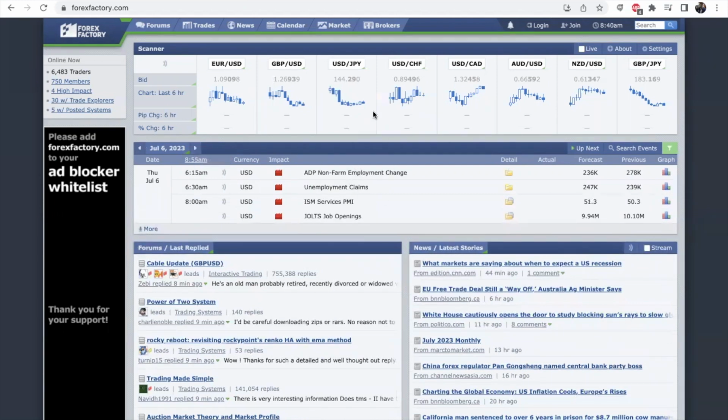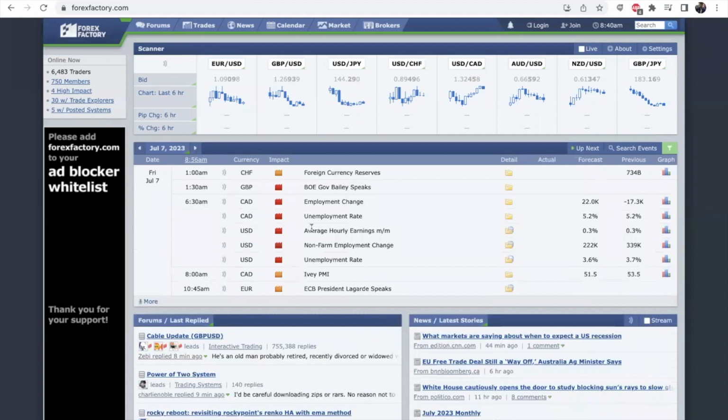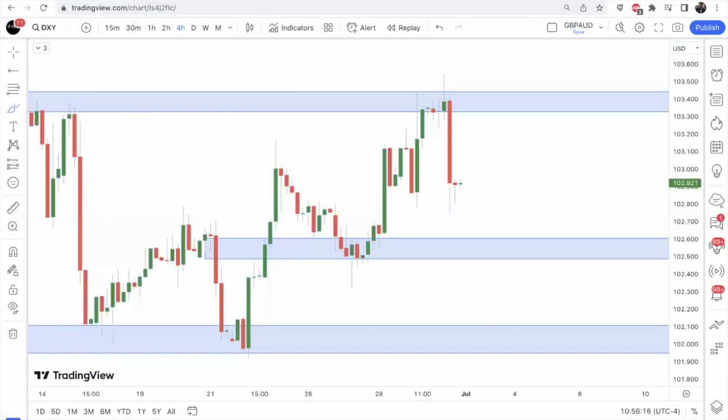I like to call this pre-NFP. Non-farm employment change, unemployment claims for the dollar. All right, so it's going to be a lot of volume coming into the dollar. Friday, we got the rate statement and employment change for the Canadian dollar, as well as NFP, all right, on Friday for the dollar. So it's a volume news heavy week. So we just got to be patient, allow these setups to come to us and take what the market gives